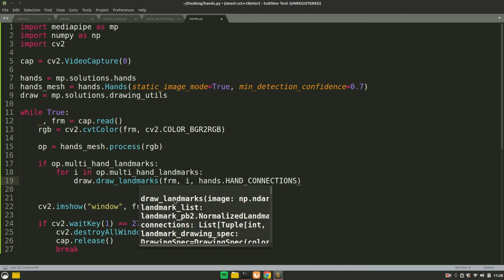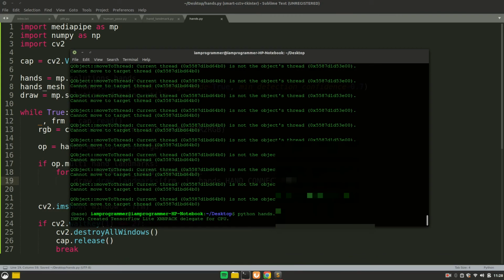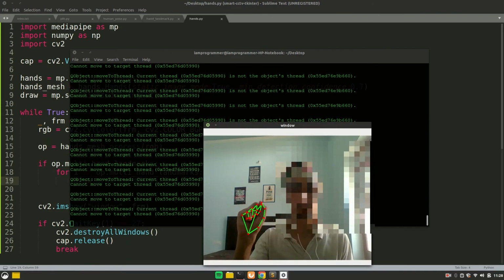First one, of course, the image on which you want to draw, then a list of all the landmarks, and then there is something called connections. What does this connection mean? It needs a list of tuples which tells which point should be connected to which point, or which landmark should be connected to which landmark. So once we save this and run this, you see if I take my hand in the frame, now there is a green line drawn.